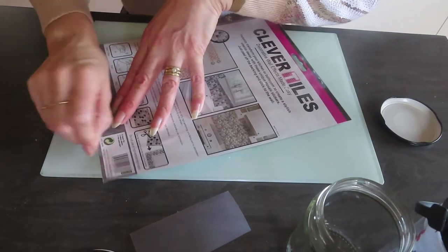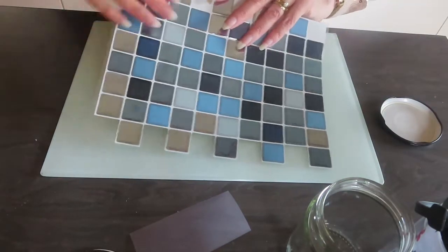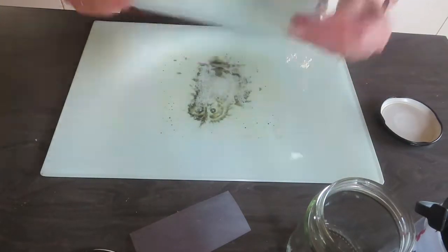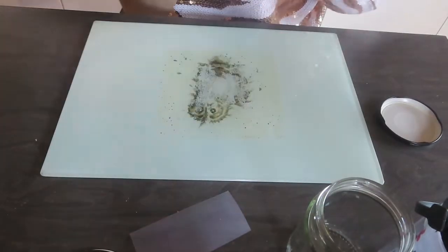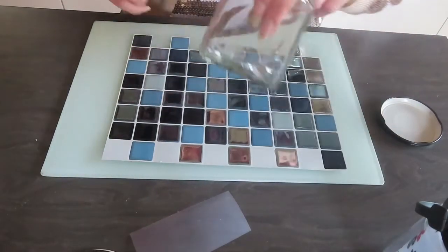It's not my colour, blues. If it has silvers and the golds, something, it's been brilliant. But they are self-adhesive, so they peel off on the back. I just need to work out how to get into this packet first. There we go. Perfect. So what I was thinking is, got a little jam jar,